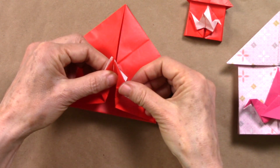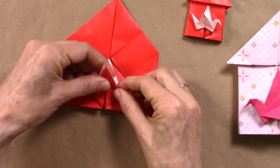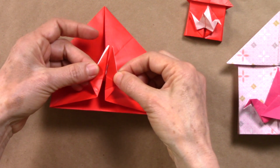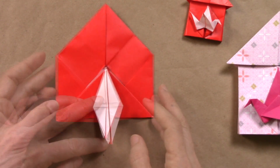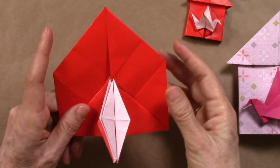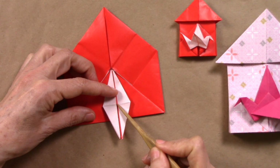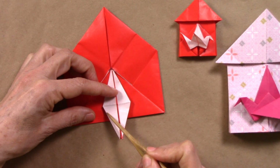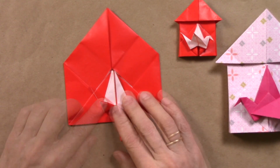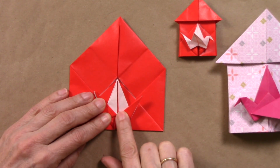And we also press, and it should look like this. So we're ready to shape the bird. We're going to pre-fold from this center out to the edge, and we're just going to visualize the angle by eye. I usually align this edge with itself. We repeat on the right